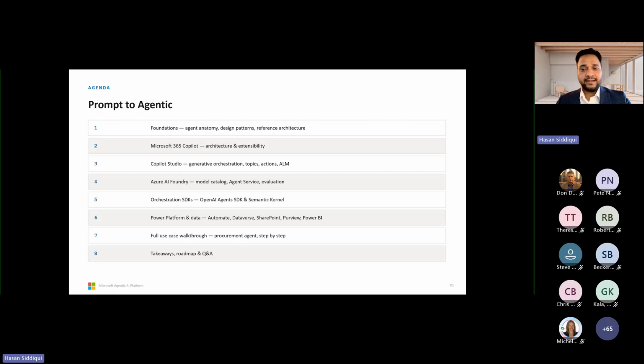And the data estate that agents draw on; I will show how we can connect the agent with different other data sources. In the last 25 minutes, I'm going to show one use case of how we can utilize agentic AI. It's an AI scenario where I walk through screen by screen so you can see exactly how all these pieces click together in a live business process.